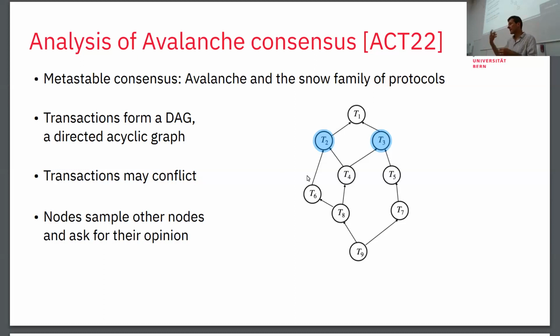That you have random sampling steps that don't require you to talk to the whole system, or to talk to a constant fraction of the whole system, but a smaller number of nodes. How small remains to be seen. In the actual system, they have some constants, right? Here, I show a transaction graph, which is a DAG. You have transactions that point to previously occurring transactions on which they depend, yeah?